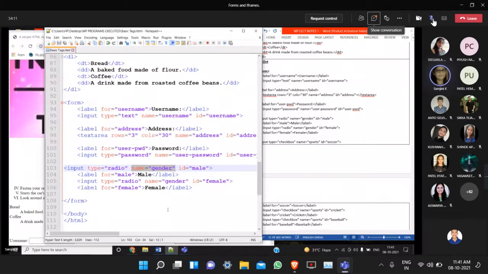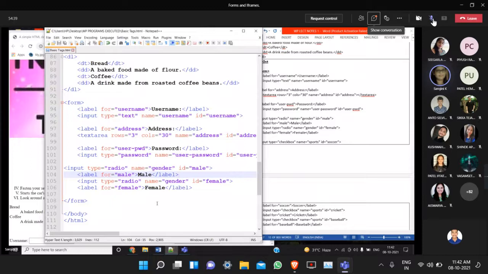Remember. Now label for the value of the ID attribute, and then what I want to display as the label, I have given male, and then I close the label. Then again I add another radio button for female. The previous one is for male and this next one is for female.